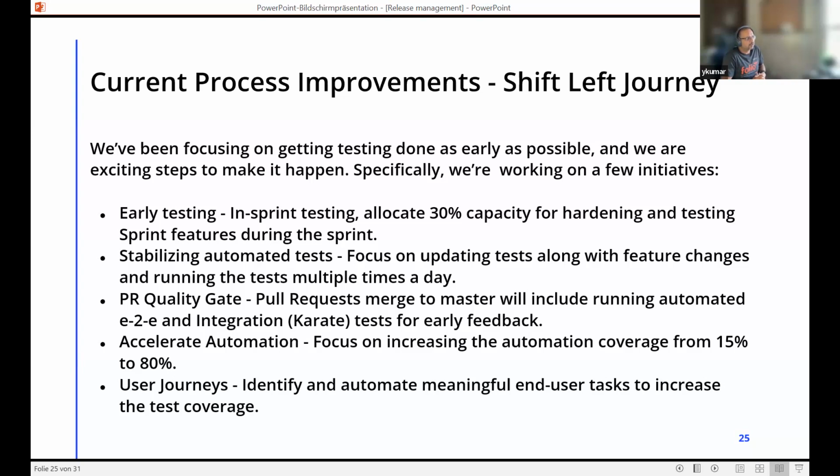The other part of the initiative is that we're trying to stabilize our automated tests. Right now we do have automation tests. They're roughly about 15% of our releases. Throughout our releases, Morning, Glory, Lotus, Nalana, and Poppy, we have overall manual testing of about 3,000 tests. Out of that, we have about 15% automated. So we're trying to stabilize them and make them run every day,